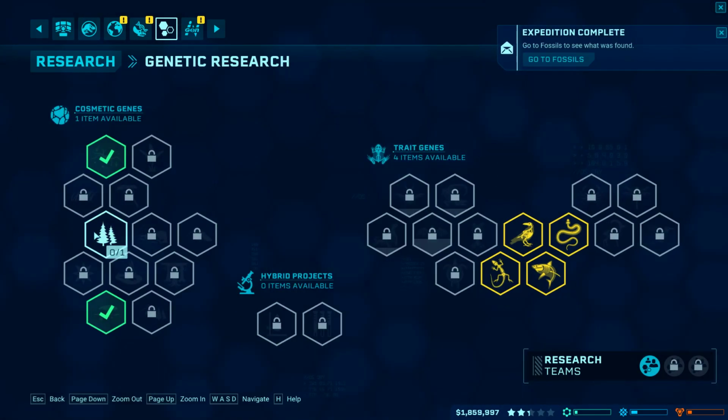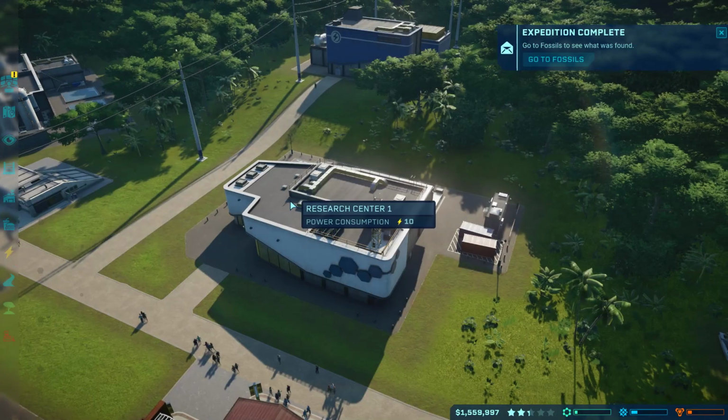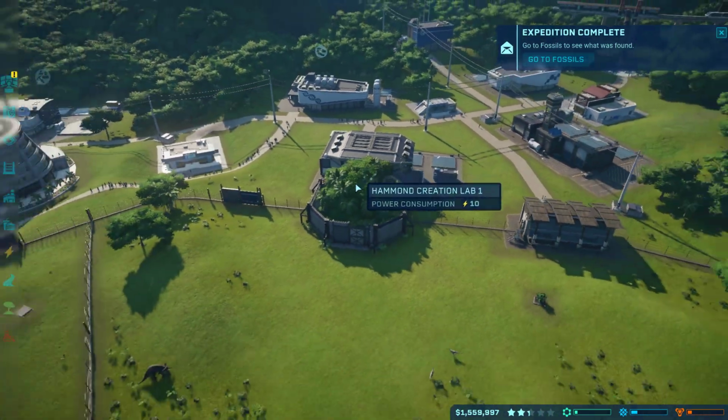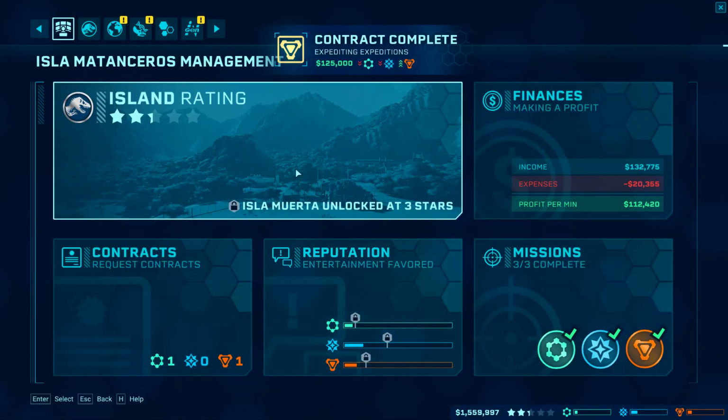Now, genetic research is interesting because as you research more genes you can add, the more interesting your dinos become, the better your park rating is. So right now, when we look at our...